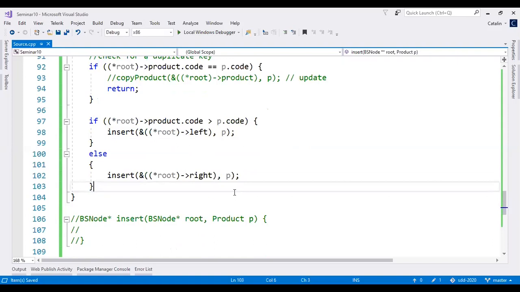The difference from the alternative is that here you don't need to write root left equals or root right equals, but you see you need to use a lot of brackets just to extract your initial pointer again. Okay,